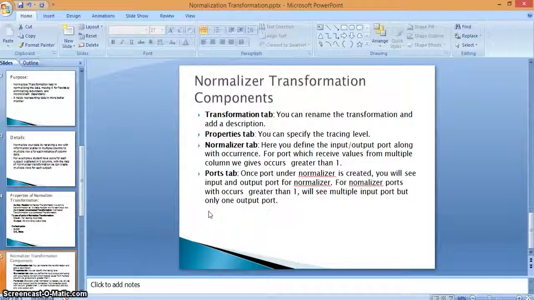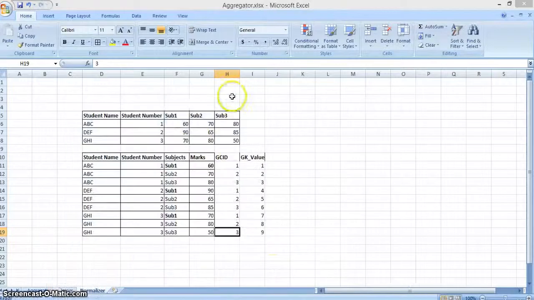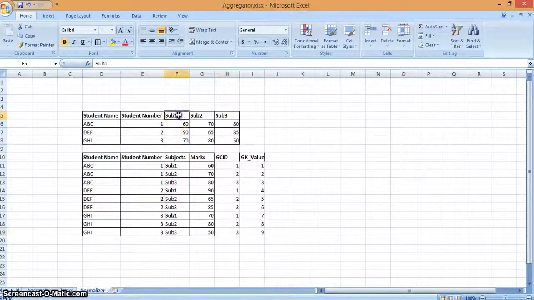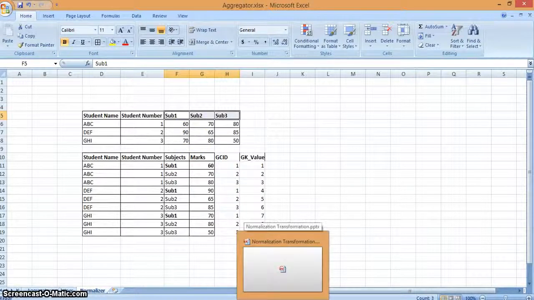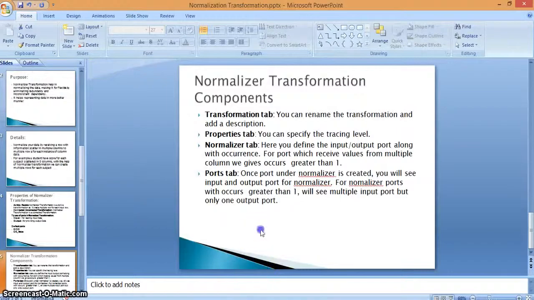Occurrence means we take a single column and give the occurrence as 3 for these 3 columns. If we give the occurrence as 3, it will automatically take 3 fields in the ports tab.